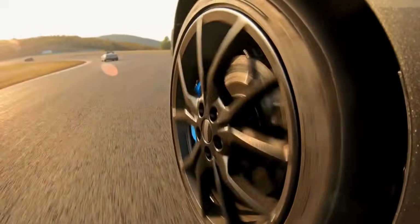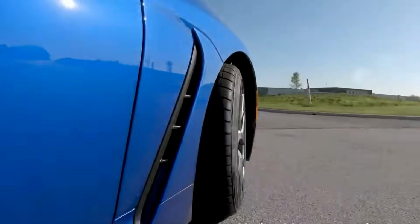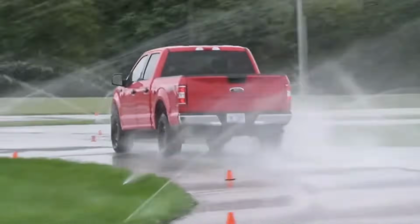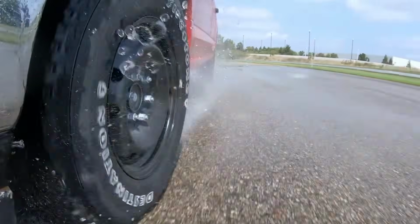Some boost fuel economy, some hug corners like a sports car, and others save your morning commute from turning into a skating routine. Stick around as we test traction, comfort, durability, and real-world value to help you pick the perfect